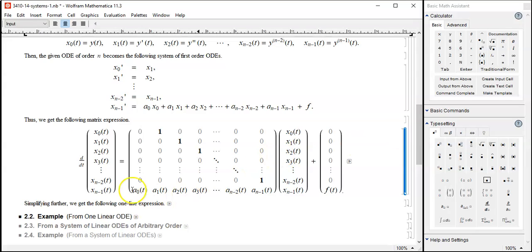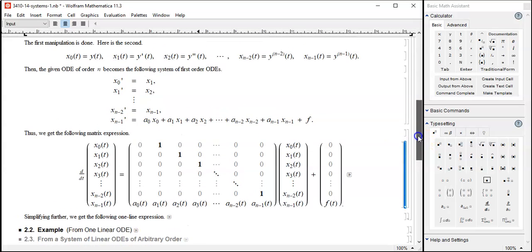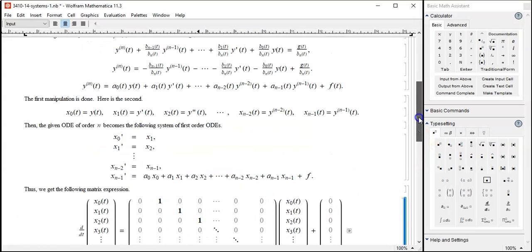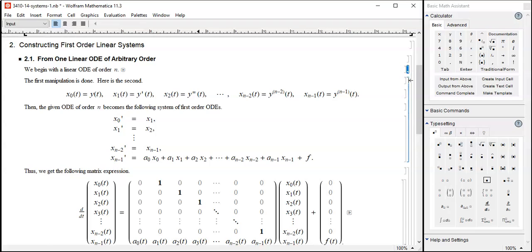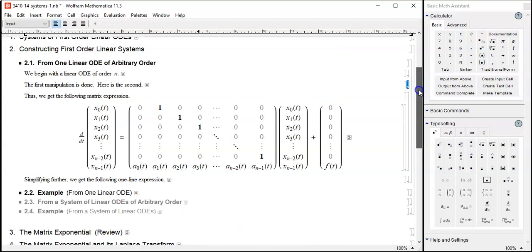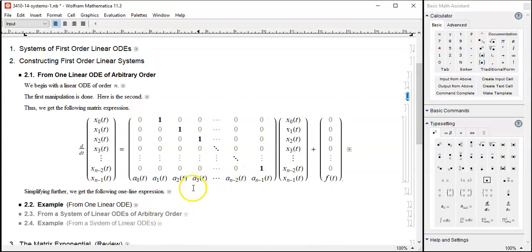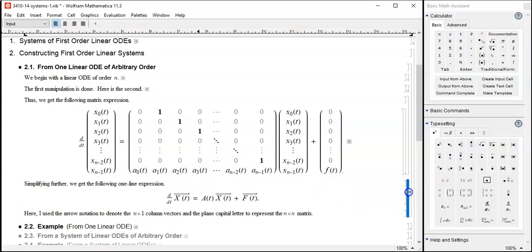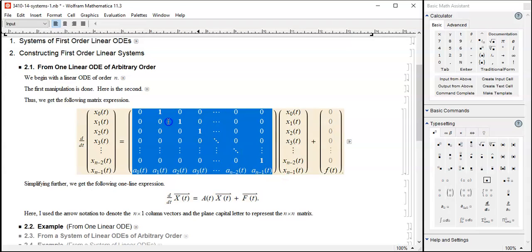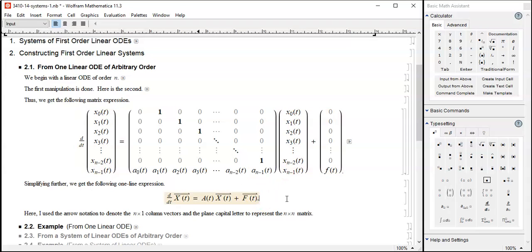In any case, this is actually well-studied matrices, so we can go ahead with all kind of theories of linear algebra and matrices to study this and answer the question about these differential equations. In the end, we ended up with this kind of one-line expression, naming A as this matrix here, and capital X is my vector function. Capital F is the vector function given by the